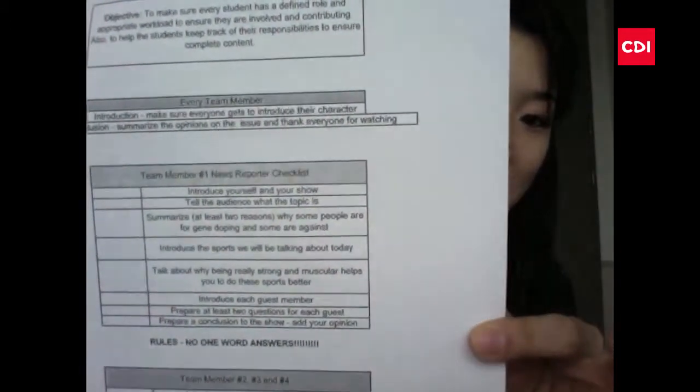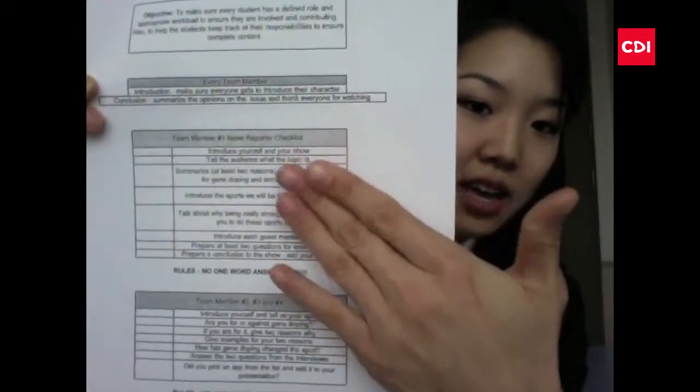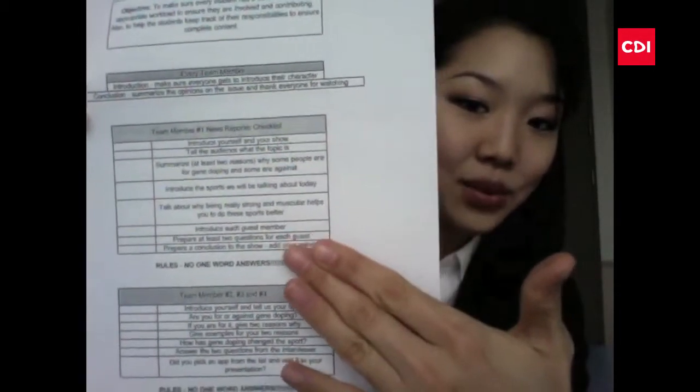The other thing that I'm going to do is I got this tip from one of our other CDI branches. This is actually just a printed version of what they're doing right now in their C2 classes, and I think it's an excellent idea. I'm definitely going to do it for this class. They have it like a checklist here of each team member and what tasks they must do. So the students then just check off all their responsibilities.